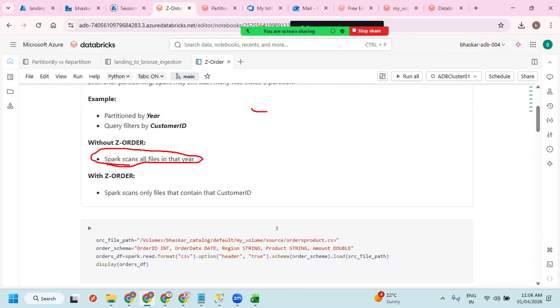Let's say I wanted to read the data from year 2023. Then it is going to read multiple files from that particular year. With Z-order, Spark scans only the files that contain that specific customer ID. As I said, within the range, it is going to read the data from there.